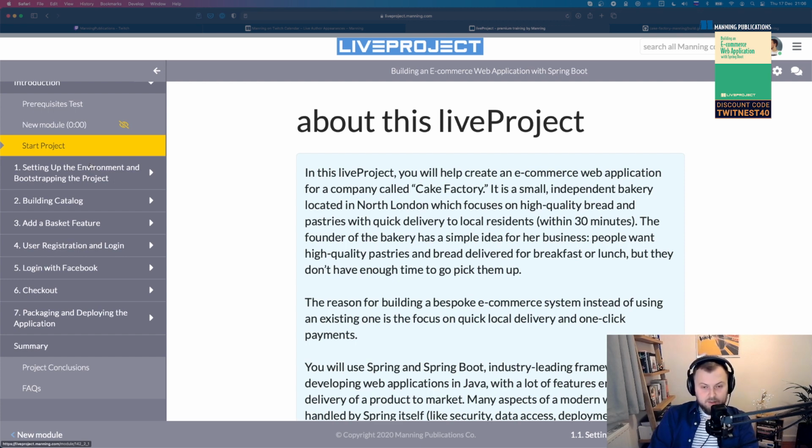I said this is not just a web application, it's an e-commerce web application, and an e-commerce web application usually has a certain set of features. The catalog is the obvious one: you just want to show the items you want to sell. Then you're going to have something like a basket or a cart, so you can add items and then check out.